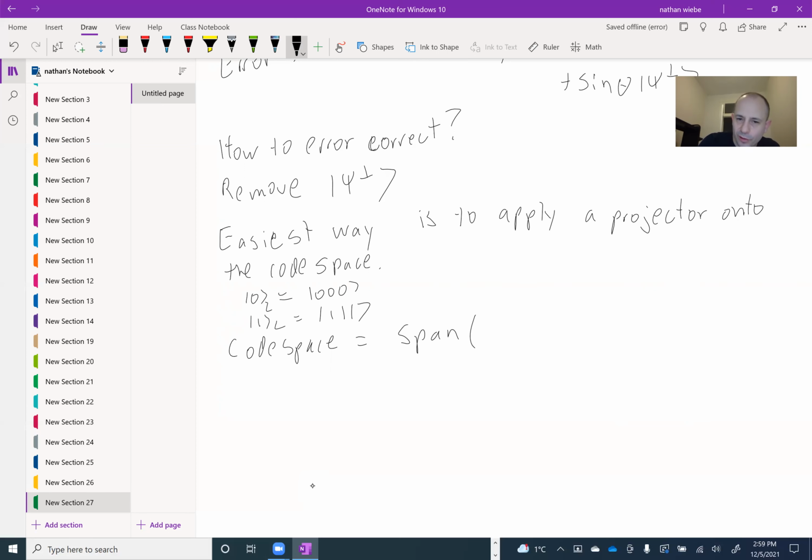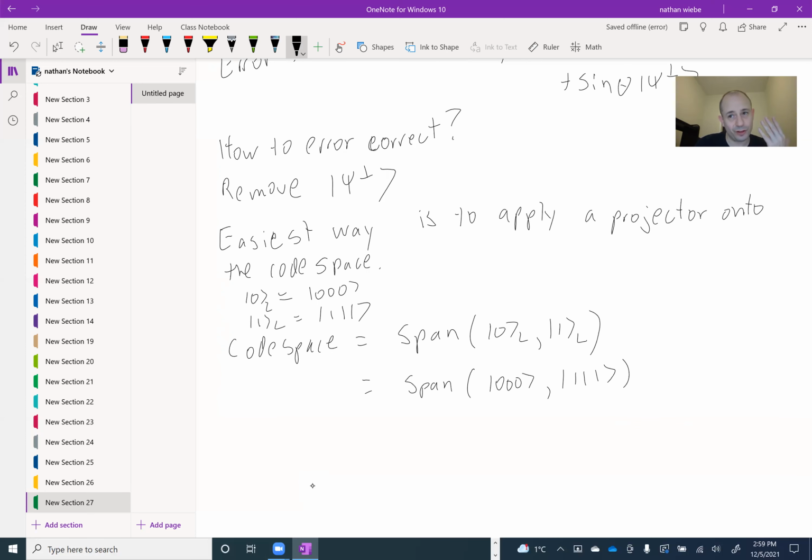So the code space is the span of 0 logical and 1 logical, just like our ordinary single qubit space would be the span of 0 and 1. But if we look at this in our entire space, this is just the span of 000 and 111. And of course, looking at it from the perspective of the physical bits that comprise our logical bits,